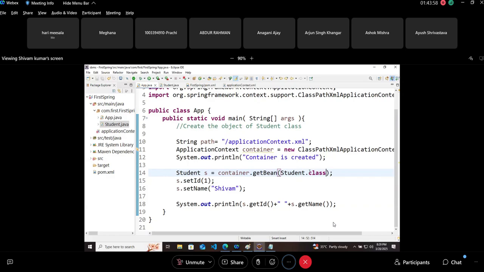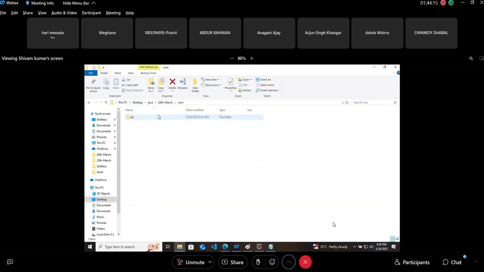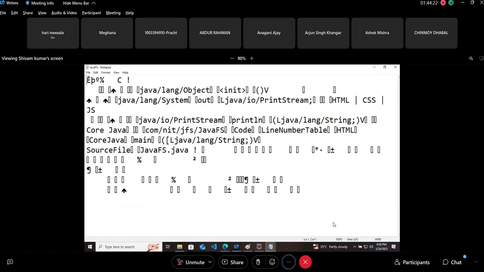Why do we need bytecode? Have you ever checked bytecode? How does it look? Bytecode looks like this. Arey, who told you that it looks like 01? This is the bytecode, right? Now, who needs this type of code?